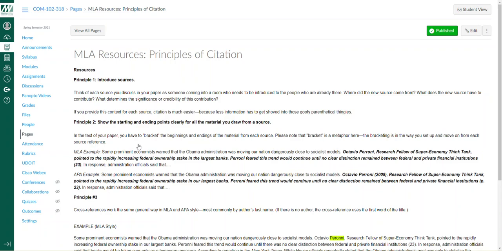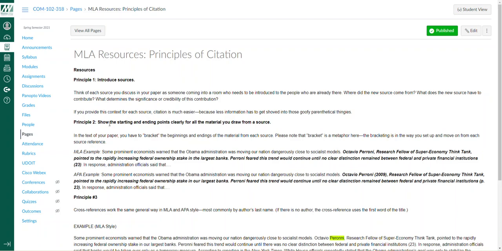So you have to introduce your sources as principle number 1. It's like somebody coming into a room. We, the reader, need to know exactly who the speaker is, whether it's your writing or it's from source material, whether it's a quote, a paraphrase, or a summary, where did that information come from? So it's just like somebody coming into a room. You have to introduce that individual to everybody. In other words, your audience. So you have to determine who is the author of your source. If you do not have an author in a source and you're using material, then you have to refer to the container, which in many instances would be the web page or an article.